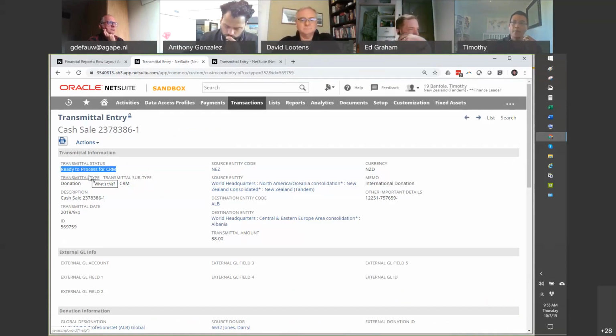There are two tracks to transmittal entries: the accounting track, the GL impact, and the CRM impact, which is the donor information. For some particular transmittal entries, the donor information needs fixing, so the CRM part is not fully coming through, although rest assured that the GL part, the accounting part, has come through. So if you need to reverse something, just